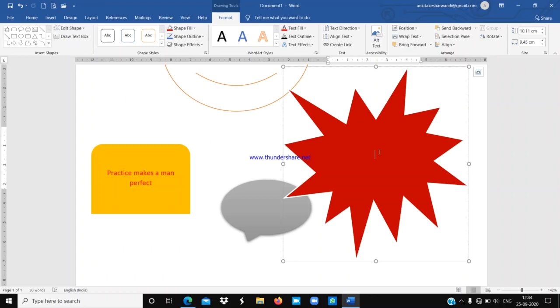So I want to write here, the shortcut key to hide or show the ribbon is Ctrl plus F1.